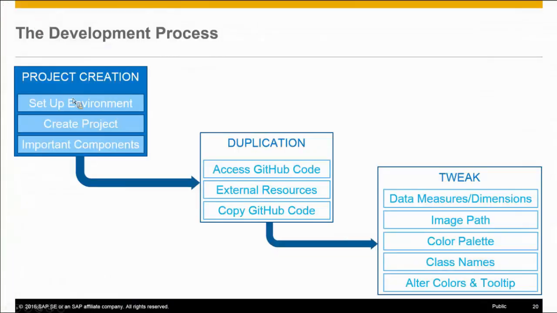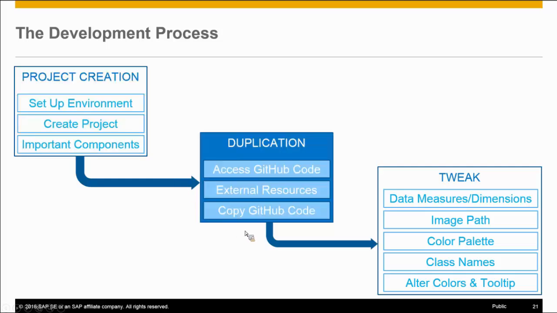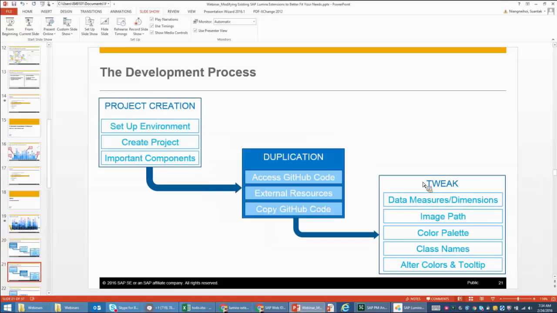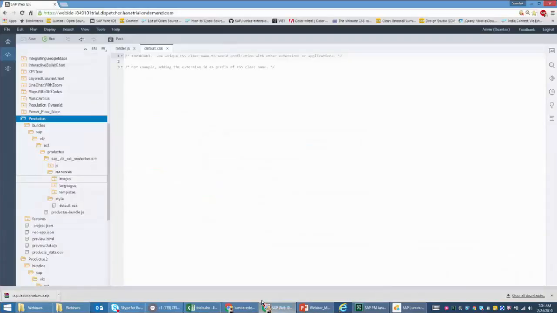Okay, so again, going back to step 1, we set up the environment, we created a project, and I showed you what the important components of the chart are. Okay. Now we go to step 2. Actually, we covered part of step 2. I showed you how to access the GitHub code, and I also showed you how to get the external resource. So now we're going to do part 3, that is copying the code, and then we'll eventually go to the tweaking part. So if we go back to Web IDE,